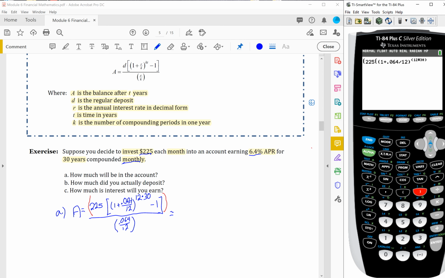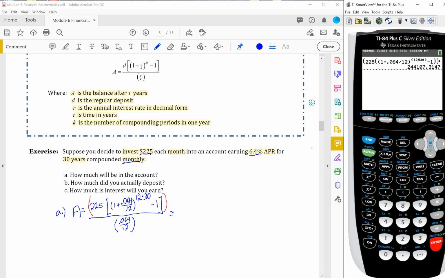Then I have the -1. Notice the -1 is not in the exponent, so I'm going to arrow over to get it out of the exponent and do -1. And then another parenthesis. This parenthesis signifies this bracket I have right here in blue. And then one more parenthesis. That parenthesis signifies this red parenthesis that I used to group the numerator. Divided by 0.064 divided by 12. Okay. Now if I did this correctly,